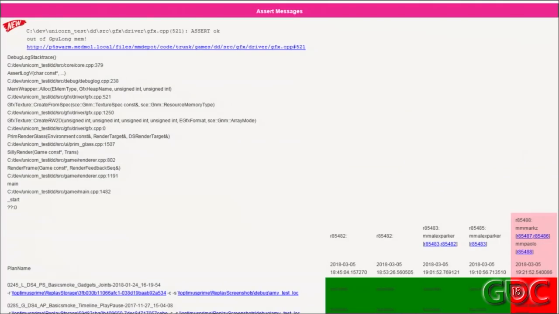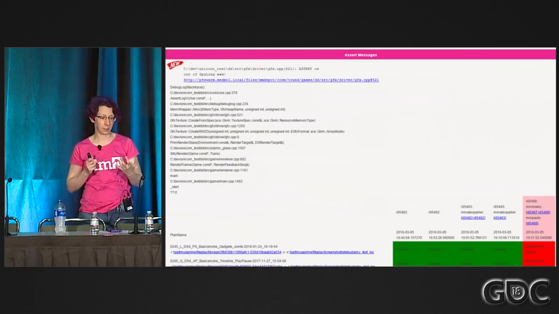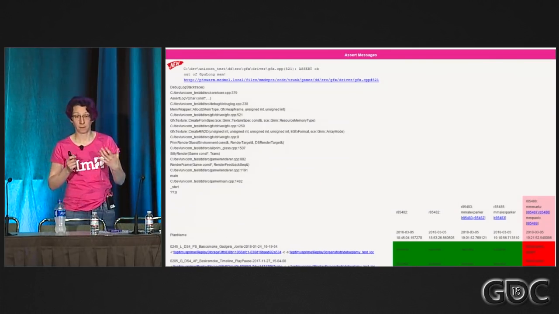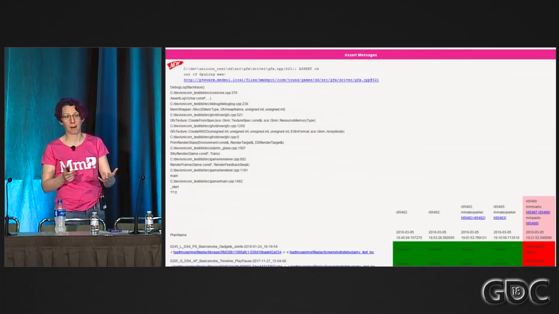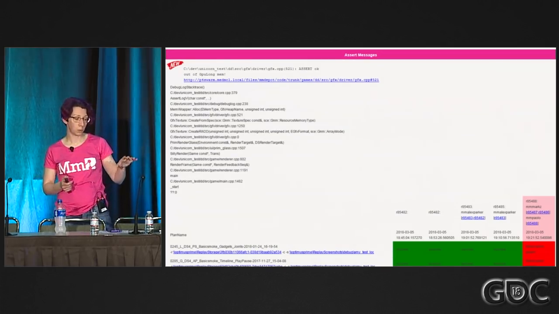So firstly, you've got a new picture, so you can easily see what the new thing was, i.e. this is something you broke. You get the call stack, you get the assert message, you get the programmer who added the assert. You get a list at the bottom of all of the replays that failed this test. And included there is the command line that you would use in Visual Studio to repro exactly what Autobot ran, to make it easy to repro and fix. And you also get a summary of the last 5 results.